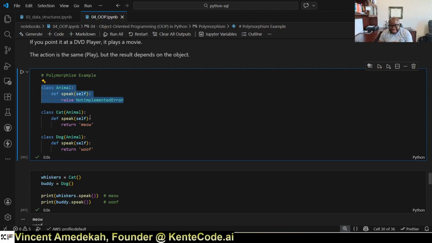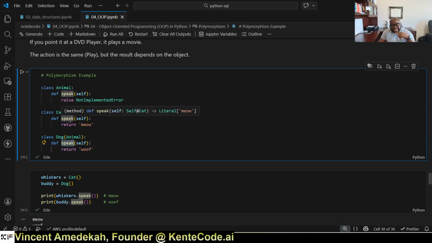So if I say a cat, this is a cat, it inherits animal, and it defines its own speak. The way I'm going to speak, return meow. That is how I speak as a cat. This is the method defined at the animal level, but I am overriding it and saying, hey, this is how I speak. I say meow. When I have a dog that inherits from the animal class, the dog's speak says, return woof. So you see that